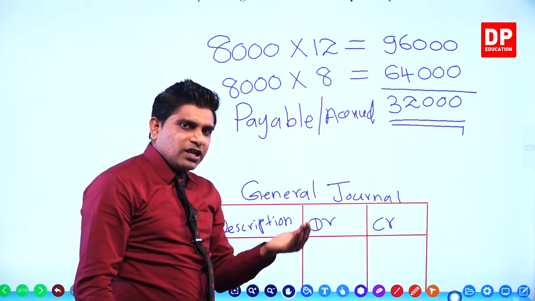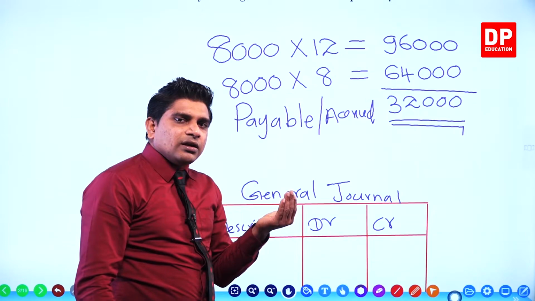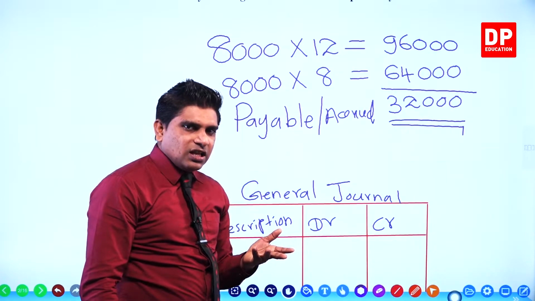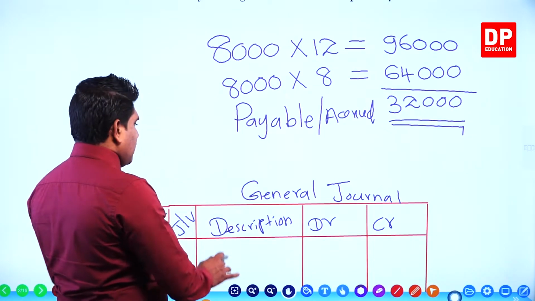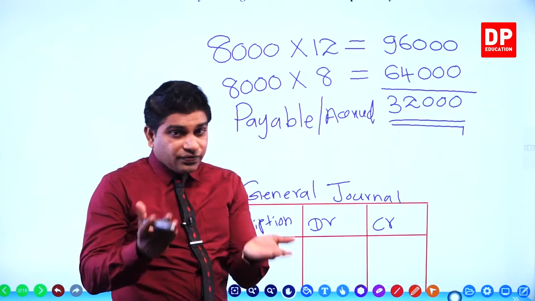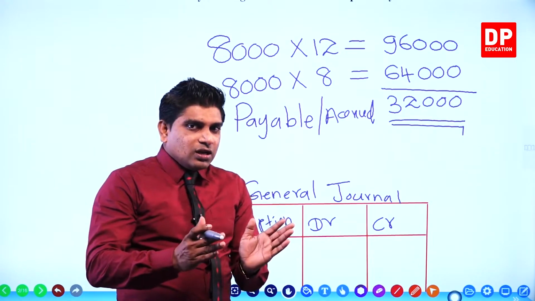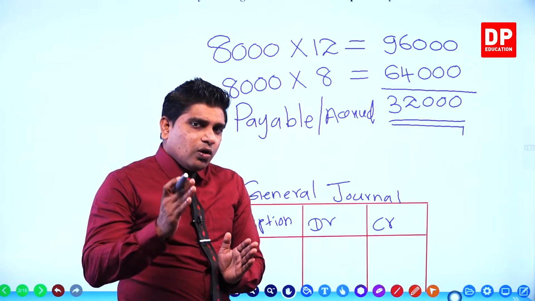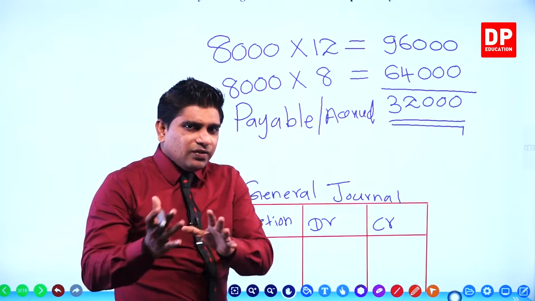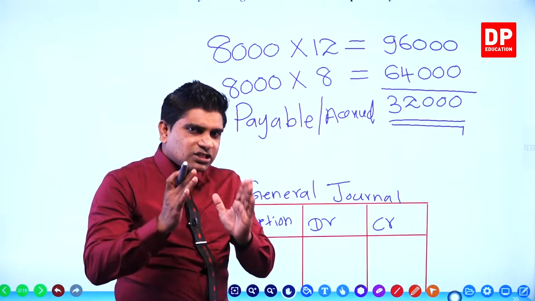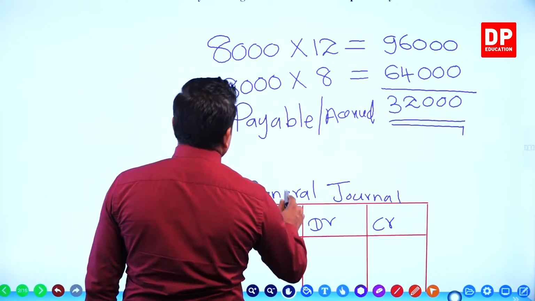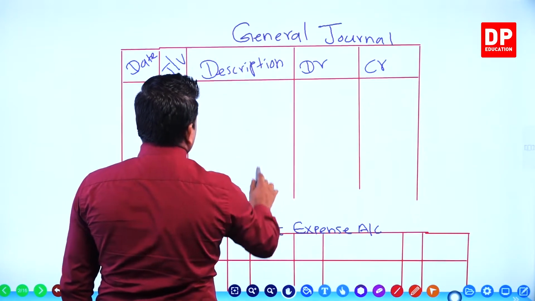In the cash account credit side, and the rent expense account debited how much? 64,000. But it's better if you make these necessary changes in the ledger accounts first. It's easy for you, right? So I enter these details in the ledger accounts first. Then we can bring them to the general journal. It's a very easy method, right? Then I move to the ledger accounts first. Then you write 64,000 in the rent expense account.